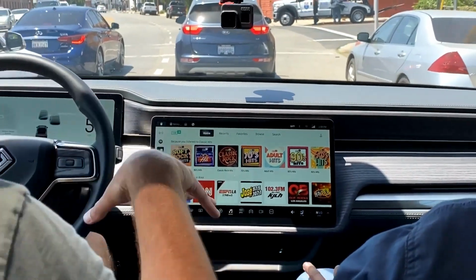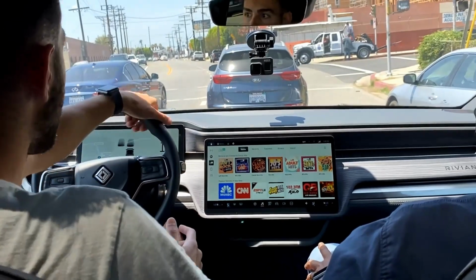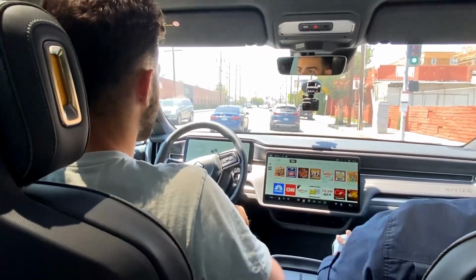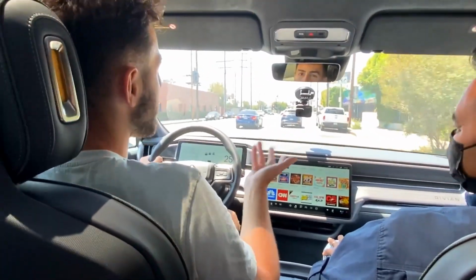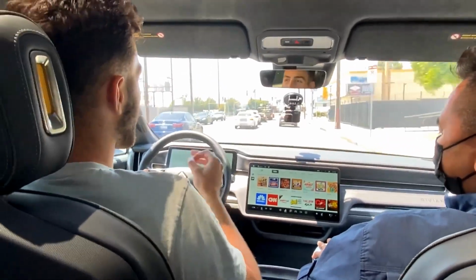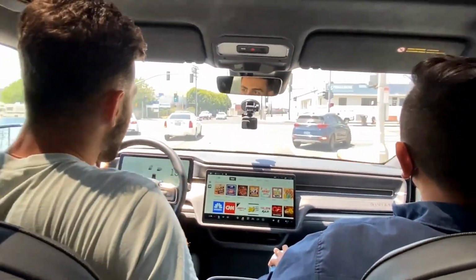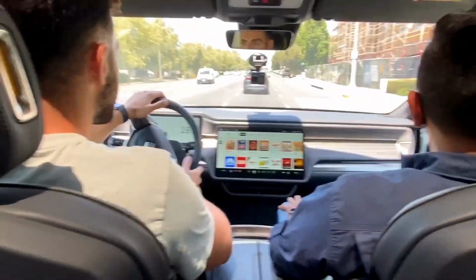But I was going to say, I love the dual screens. Like my Model 3 just has one big screen over here, and it's functional, but just having a display here and there makes it even more functional. And driver friendly. I like being able to look at my speed and a map like here versus here. Sometimes it could be a little inconvenient. But man, it's set up just right, you know? I feel like if you would have put an even bigger screen here, I don't know if it would have been the same. It might sound kind of dumb because that's the direction we're headed. You look at those new Benz and stuff, it's a massive screen everywhere, but man,